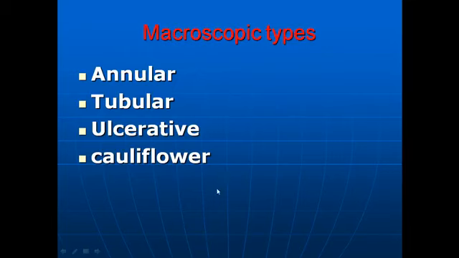You have to remember here that ulcerative and cauliflower are more common on the right side of the colon, and annular and tubular are more common on the left side of the colon, as they present with intestinal obstruction. So the patient with an annular or tubular variety will produce early symptoms of intestinal obstruction, and will present earlier. And these two, ulcerative and cauliflower, produce insidious onset. There is no obstructive feature. The patient will be reported to the surgeon or doctor at a much later stage compared to the annular and tubular ones.